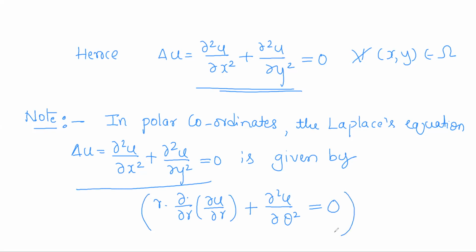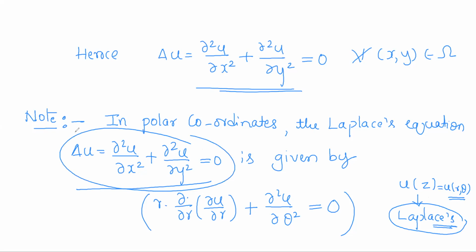So what is the use of this observation? Given a function u of z, if you want to verify it is a harmonic function, what conditions do you have to verify? It has to be a real valued function of a complex variable. It has to be continuous together with its partial derivatives of first two orders. And finally, it has to satisfy the Laplace equation. Suppose the given function is in the polar form, in terms of r and theta. To verify the Laplace equation, I would have to convert that function into x and y, because the Laplace equation is in terms of x and y.